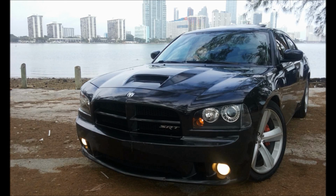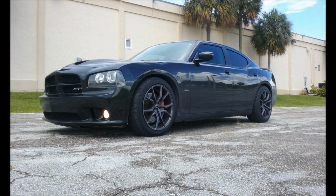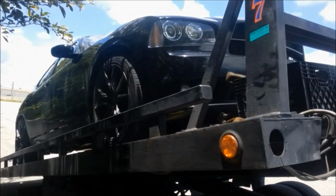And we're going to start strong right off the bat with any Chrysler car, specifically the Dodge Chargers, Challengers, and Chrysler 300s from the year 2006 all the way up to 2010. Now, it doesn't matter if you bought the V6 version or the 5.7 Hemi, or like I did, the 6.1 liter Hemi. Almost every single one of these cars at one point or another is going to give